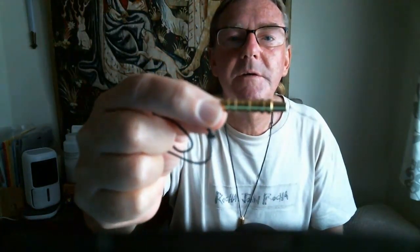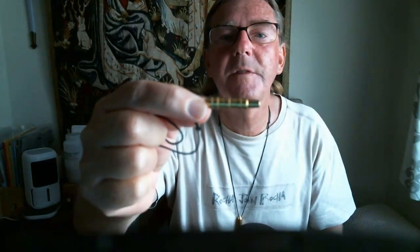So this pendulum is made to specific mathematical proportions. I don't know too much about it other than that, really, but you can use it by using single word commands such as clear or heal. I've done another video actually on how to use the features of this pendulum. It has a little open chamber in the bottom,